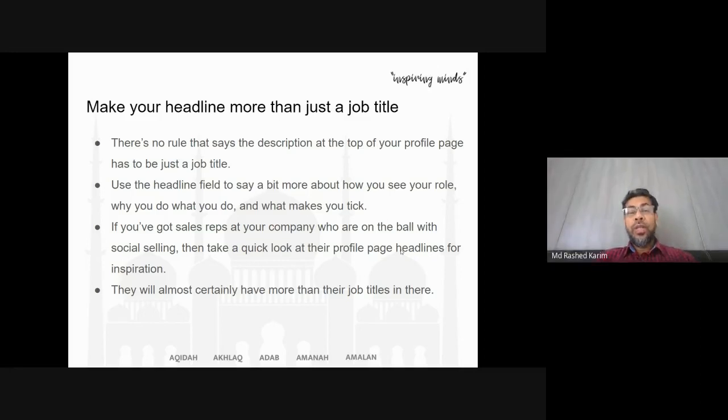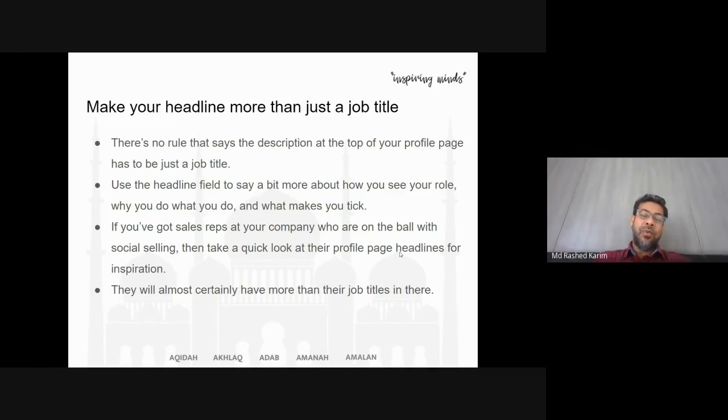There is no rule that says the description at the top of your profile page has to be just a job title. So use the headline field to say a bit more about how you see your role, why you do what you do, and what makes you tick.